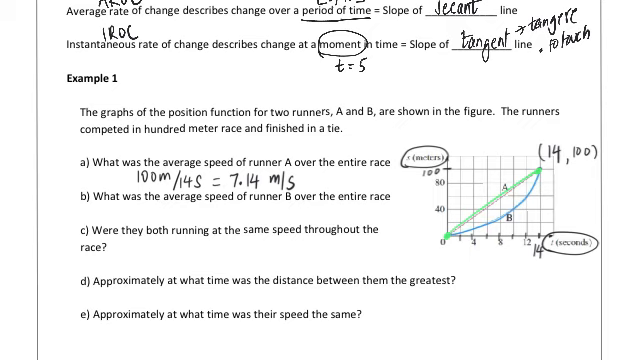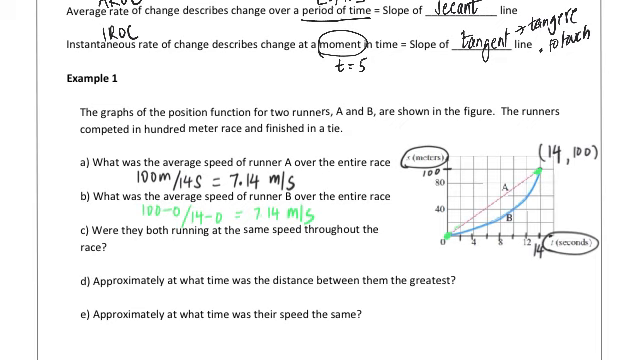So for runner B, again, I would do 100 minus 0, which is 100, over 14 minus 0, which is 14, and I would come out with the same average speed for the two runners. Were they both running at the same speed throughout the race? No, they were not. Runner A was running at that exact same speed throughout the race, but runner B,